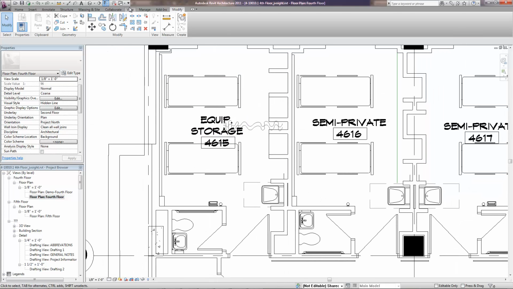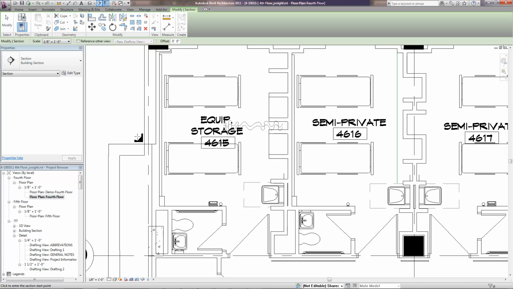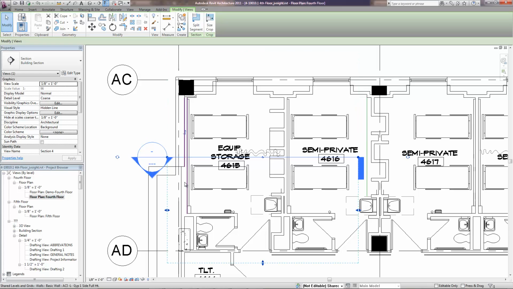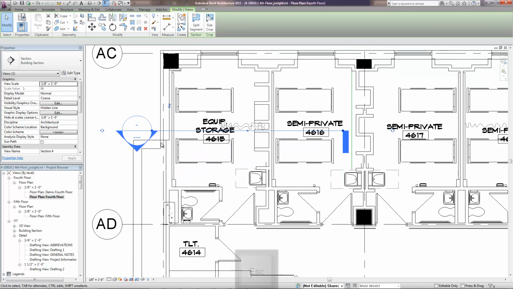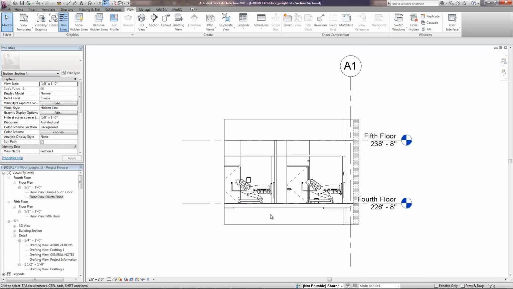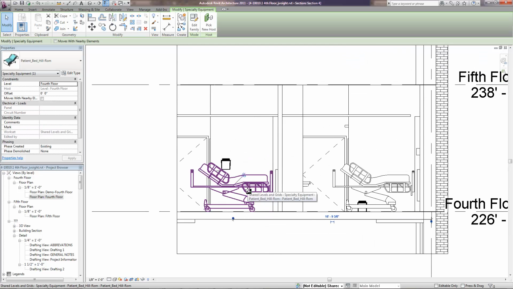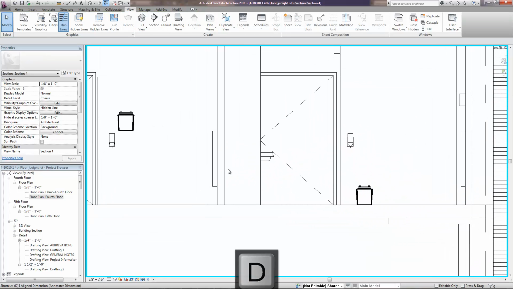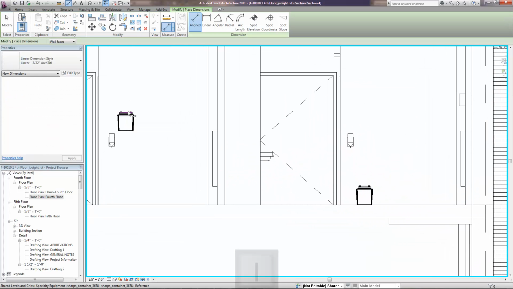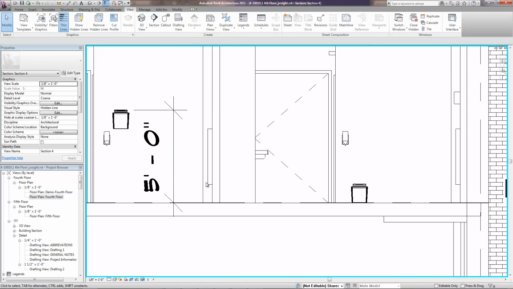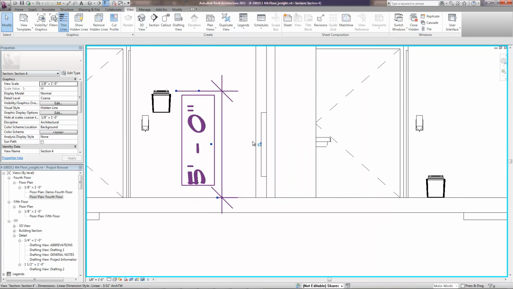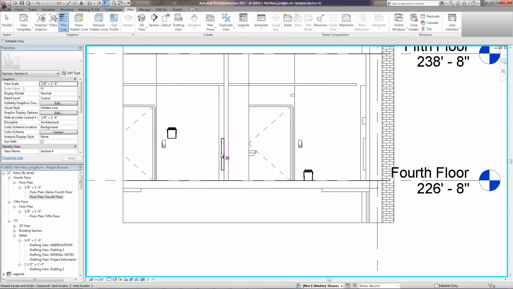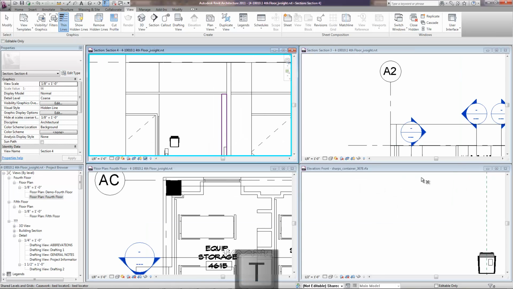So what we're going to do is cut a section right there so we can take a look and see what's going on here. Let's go to this section, and I want to see this or this. So as you can see, we're at about 5 feet above the floor for this one, and this one's right there at the floor. So I'm going to go ahead and tile my windows so we can get a good